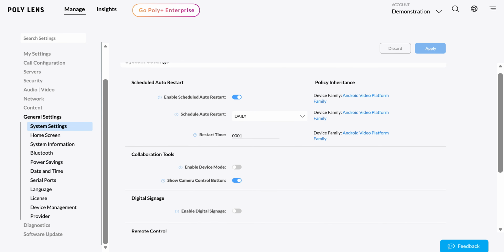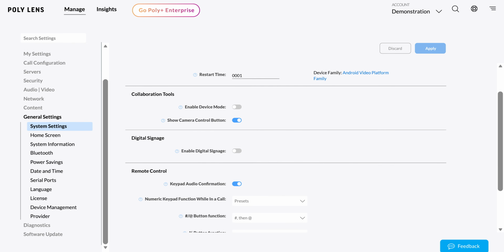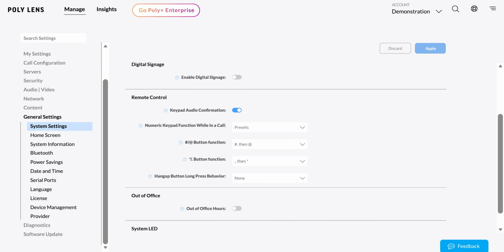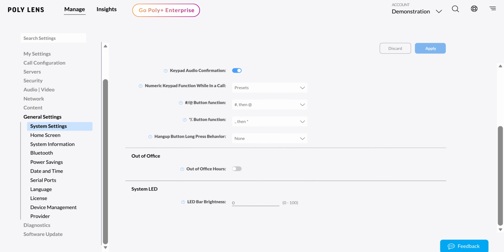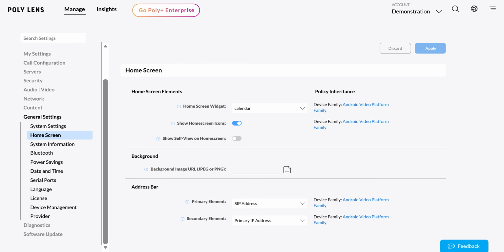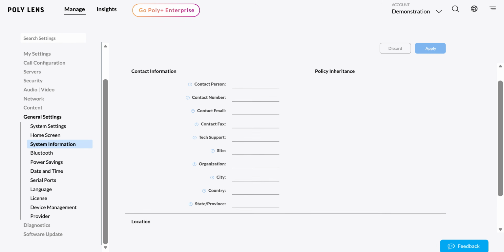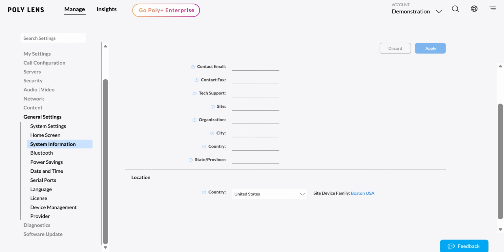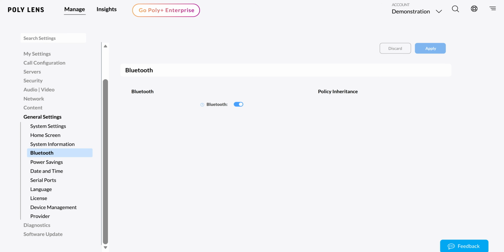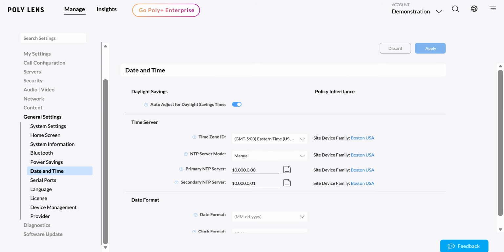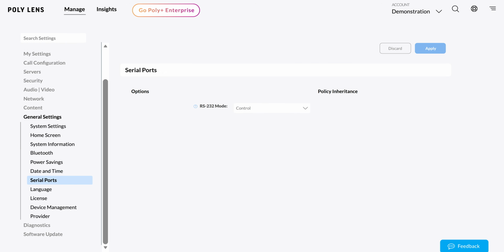General settings allows you to configure system, home screen, system information, Bluetooth, power savings, date and time, serial ports, language, license, device management, and provider settings.